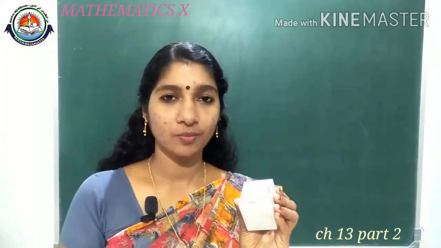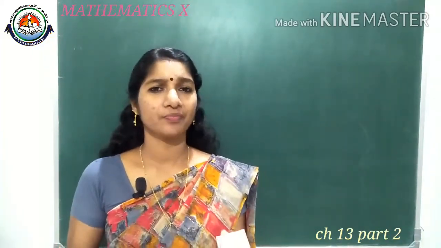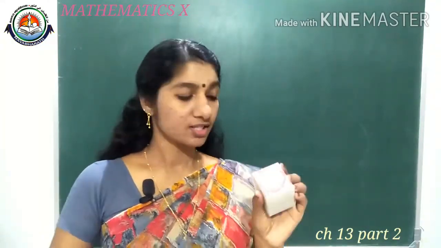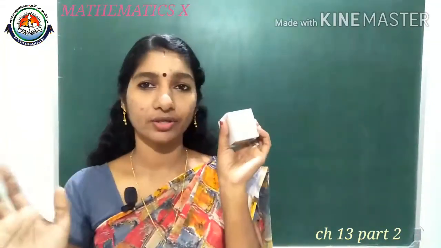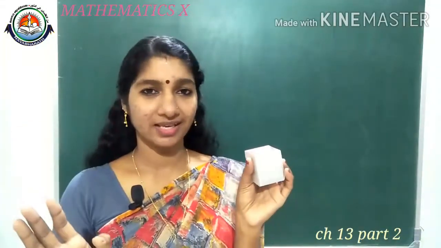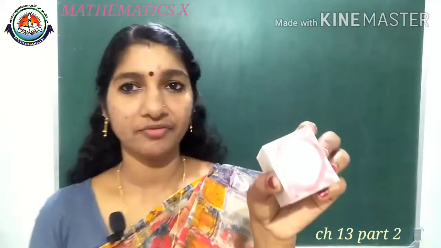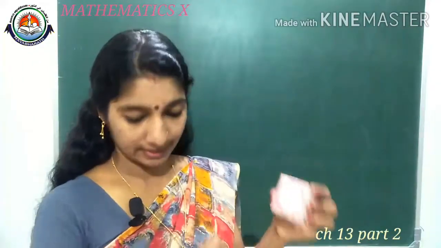So we need to think how many faces it has now and what shapes are coming. We need to find the total surface area. What is meant by surface area? The measurement of the surface is called surface area. So here total 6 faces are there. Other 5 faces are having no issue, means their face areas will be the same only. Only the problem happened for one face. We need to think about that area.